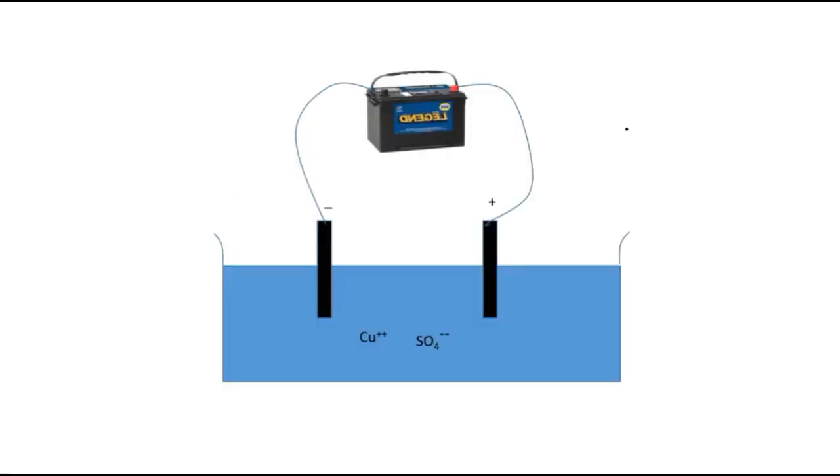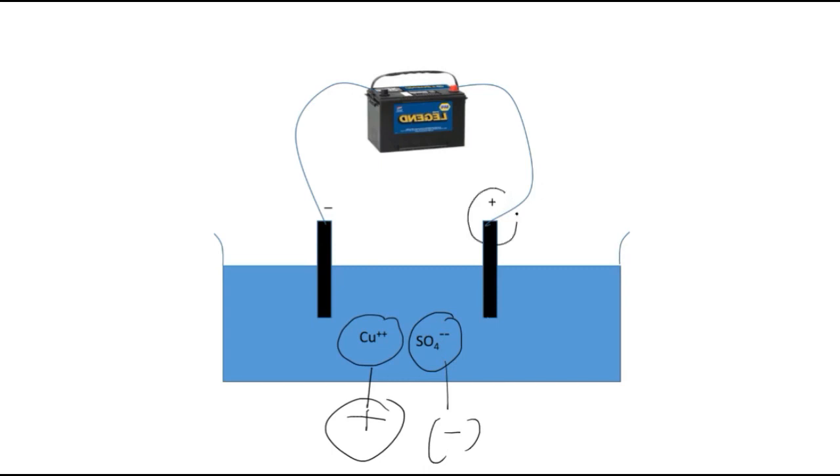We have already studied that unlike charges attract. And what are unlike charges here? We have in the solution ions, right? And what are those ions? They are positive, that is the copper ion, and the sulphate ion is a negative ion. And also we have charges on the rod, top and bottom. This is a positive charge, this is the negative charge. So unlike charges